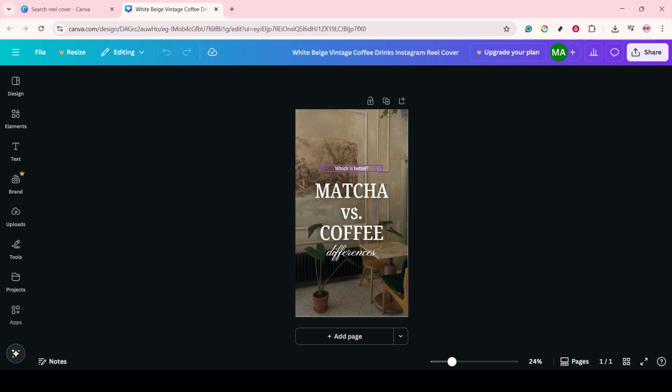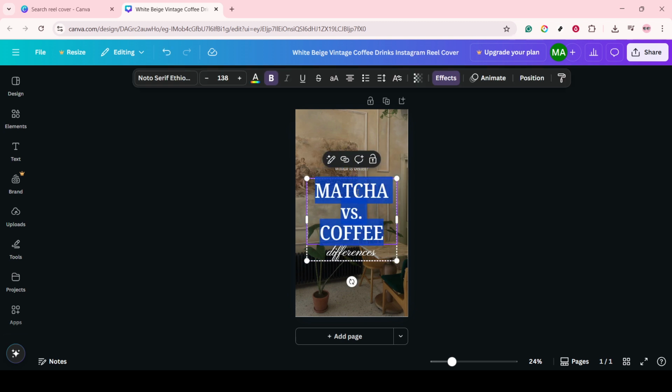With the template open and ready for editing, it's time to infuse your personality into the cover. Start by replacing the existing text with your messaging. Think about the tone and message you want to convey and how that will resonate with your audience. Change the fonts, colors, and sizes until they reflect your style or brand identity. Similarly, you'll want to update the media,